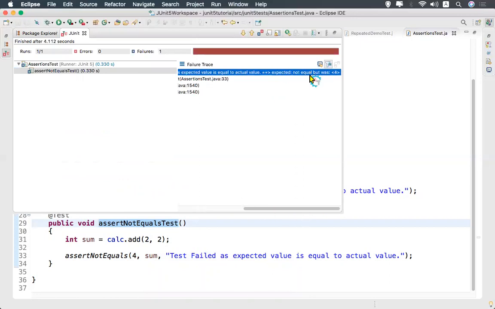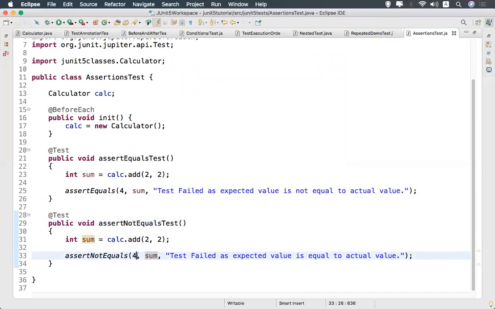You see, expected not equal but was 4. Means if both are not the same, to which value does it have to match? If both are equal, I'm expecting 4, it should be 4. But here it is coming 4. But both should not be equal means except 4, if you give any value, it will pass. 1, 2, 3, 5, 6, 7, 8, 100, 1000, 10,000, whatever it may be.